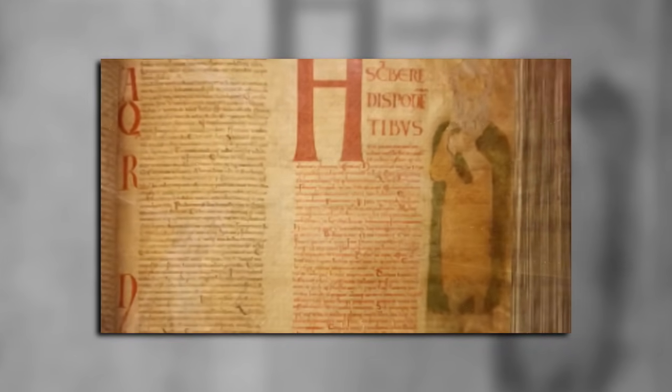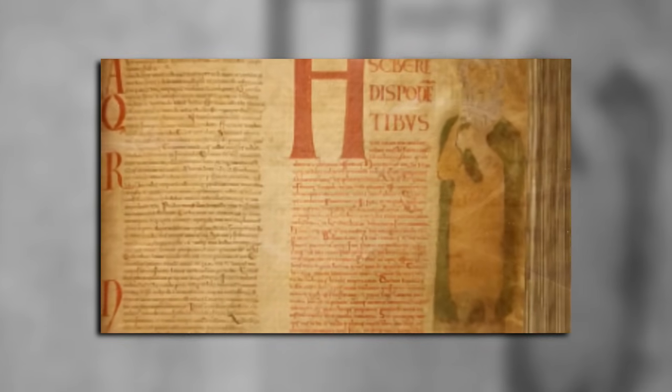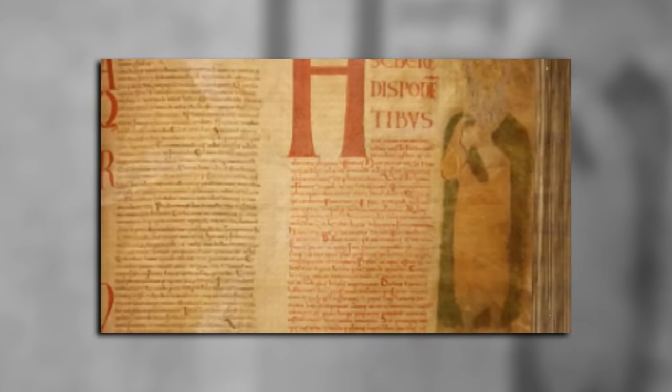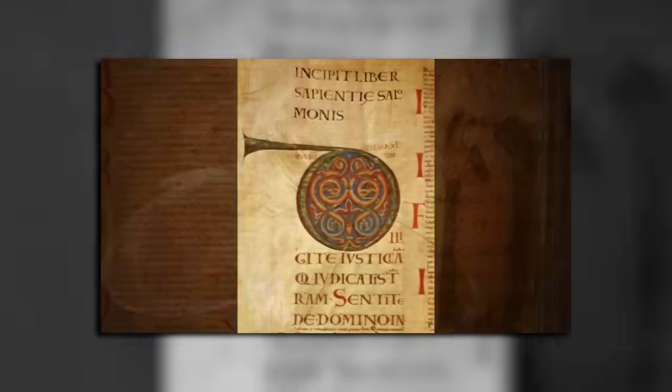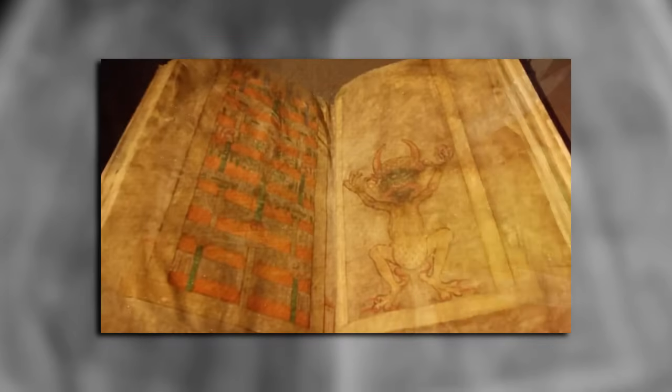Interestingly, in the modern day, when experts took the time to look over the book, they found overwhelming evidence that the entire book was written by a single author in an incredibly short amount of time. The expected amount of time to work on such a massive book was more than a single author's lifetime. However, the entire piece has a consistent style of writing, which is only possible to accomplish by